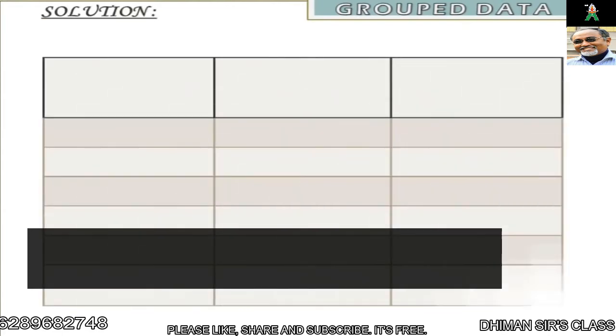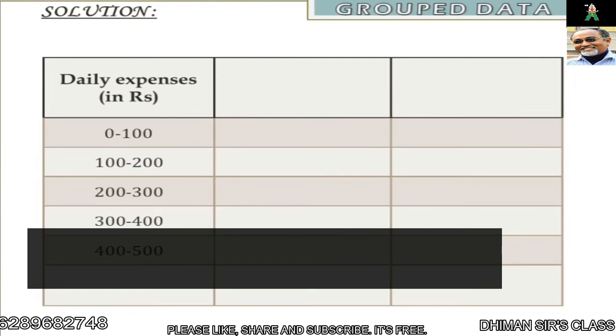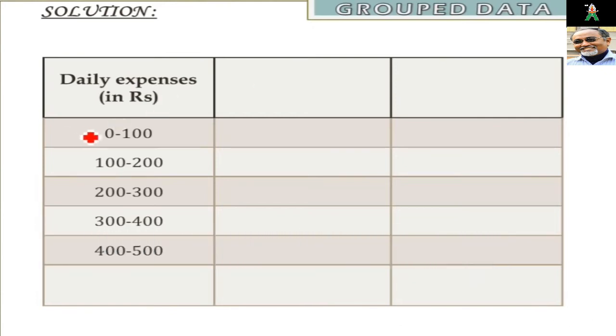The best way to organize any data is to tabulate it. So the first column in our table should be something that is given to us, and that is the daily expense in terms of rupees. Now when we list it down, we have to keep in mind that it is in ascending or descending order. It has already been arranged in ascending order, so we will keep it as it is. The second thing should be the frequency, or the number of families.